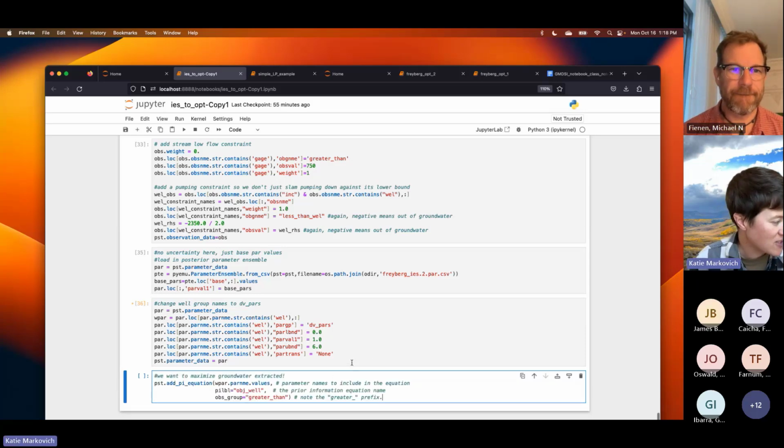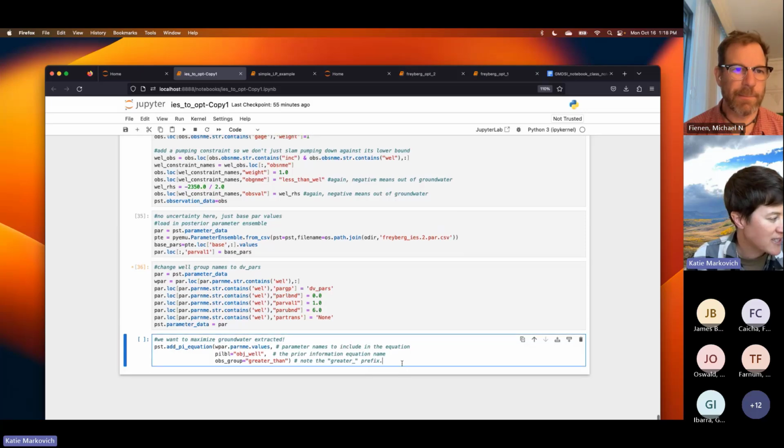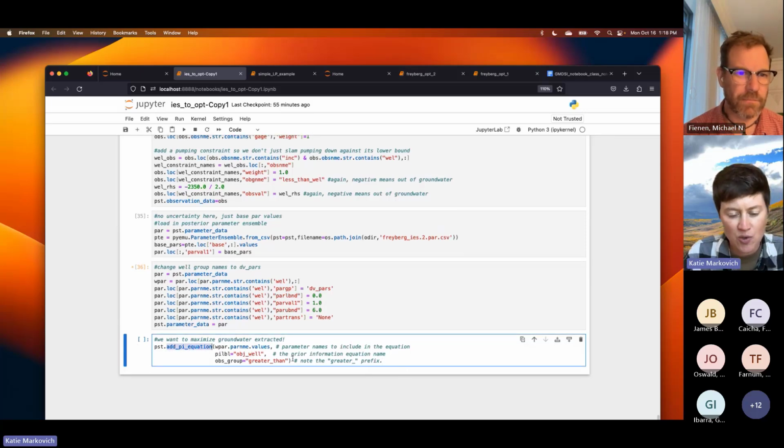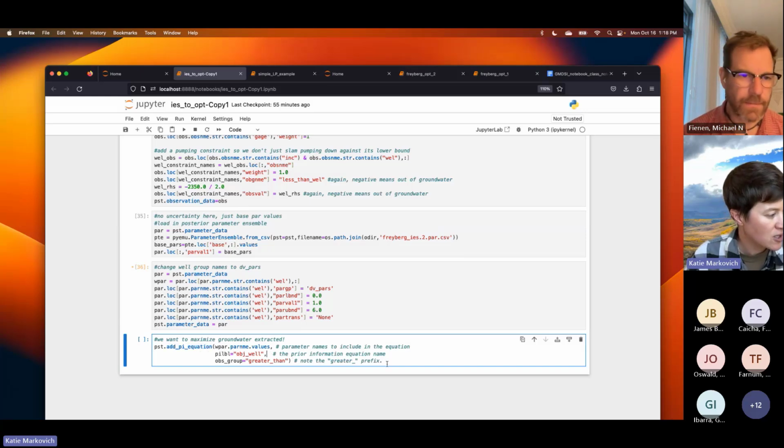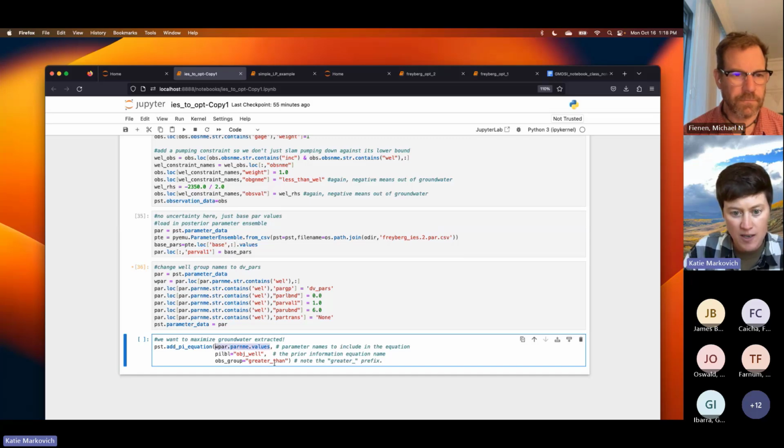Since we don't have any answers yet, we're going to maximize groundwater extracted, and we can use one of these prior information equations. These are super powerful. You can use prior information as a constraint too, but here we're going to actually use it as an objective function. So what we're saying is, for all of those well par names, so it's just a list of all of the well parameter names, that's the 5 wells times the 24 stress periods, we're going to give it a name for that prior information equation. We're just going to say this is objective well. And then we're going to say we want it to be greater than. So we actually want pumping to be,